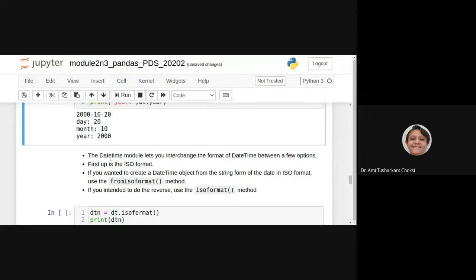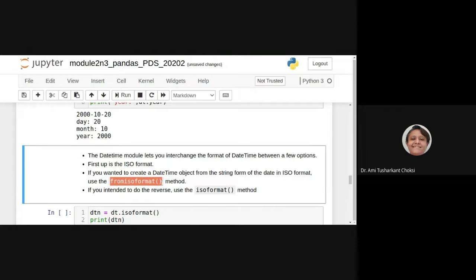So now the datetime module lets you interchange the format of datetime between a few options. First up is the ISO format. If you want to create a datetime object from the string form of the date in ISO format, then we can use the fromisoformat method. If you intend to do the reverse, use the isoformat method.